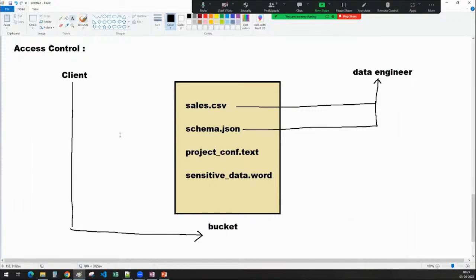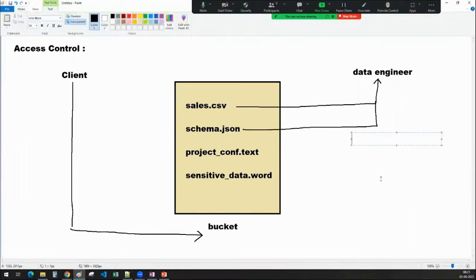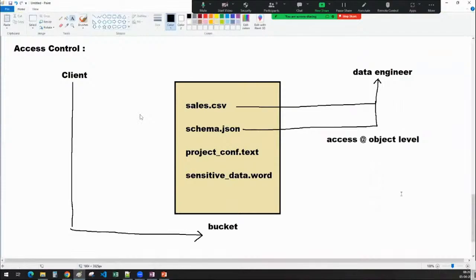One is, for example, for the data engineer, I will provide access at the object level. For this data engineer, he should only access a few files. So that's the reason I will provide